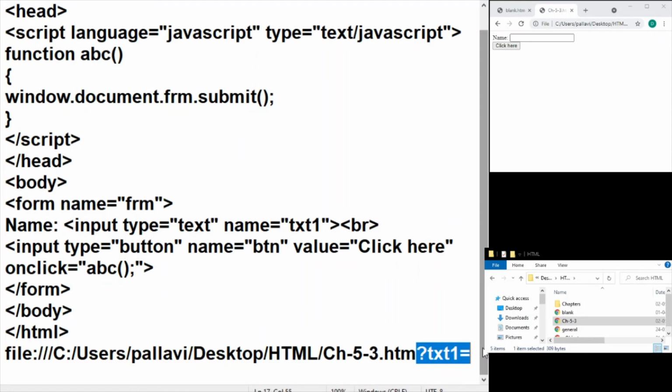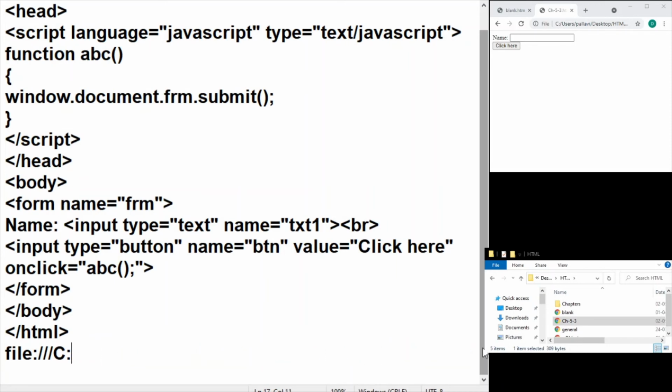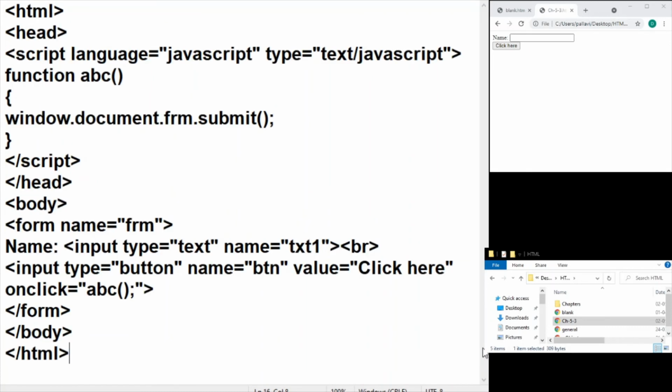So this is the way in which you can enable the submit button functionality over a programmer's button without inserting a submit button in your page. You can still go ahead and submit your page. Similarly, if you want to reset your page without creating a reset button, all you need to do is call the reset event handler. Just write the reset method and you are done.